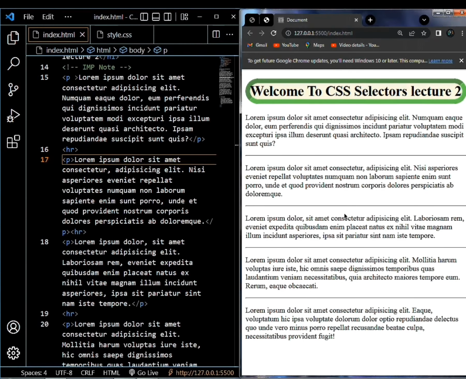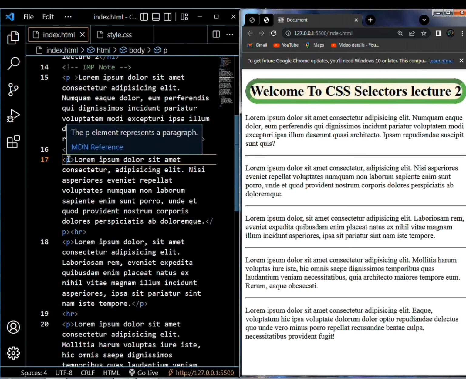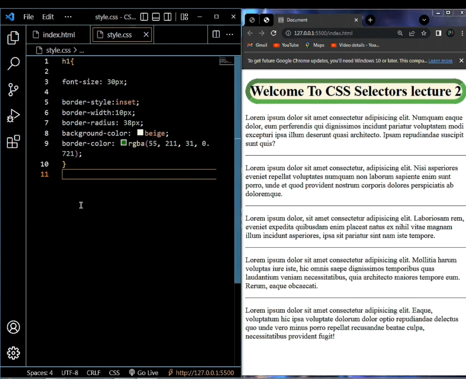Now the first one is element selector. You can see on the web browser there are 5 elements inside it. When I move the mouse cursor over the P, it blinks, showing that the P element represents a paragraph. It means that the P is an element if it has no class name or ID inside it. For the example of element selector, we will go to style.css and I will write a P tag,